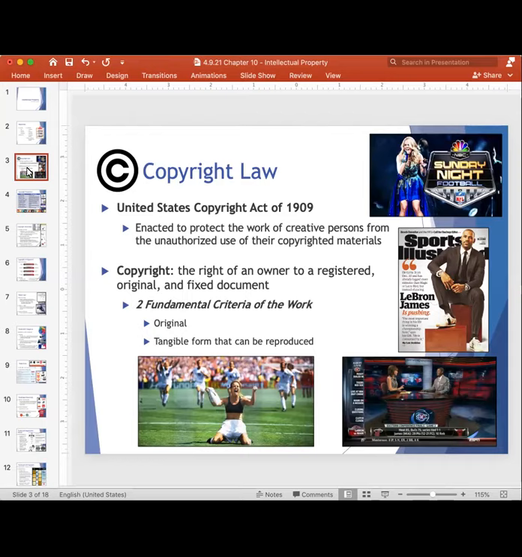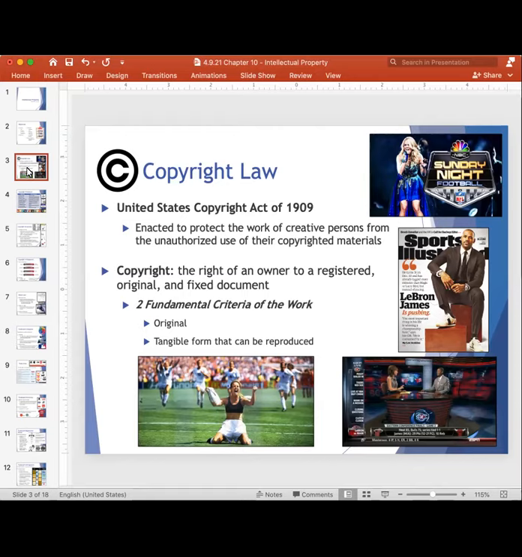Let's first start by talking about copyright law, which came about in 1909 with the United States Copyright Act. As you will see on this slide, the United States Copyright Act was enacted to protect the work of authors from the unauthorized use of their copyrighted materials. This provides a financial incentive for artists to produce, therefore increasing the number of creative works available in society. So a good thing. The purpose of copyright law is to protect those who have put time and energy into